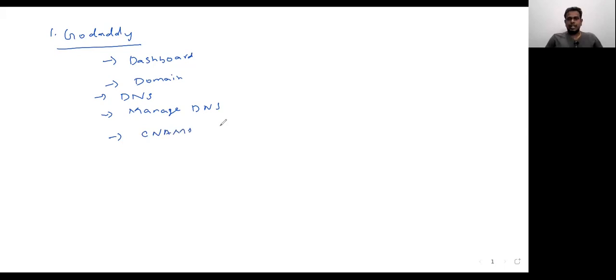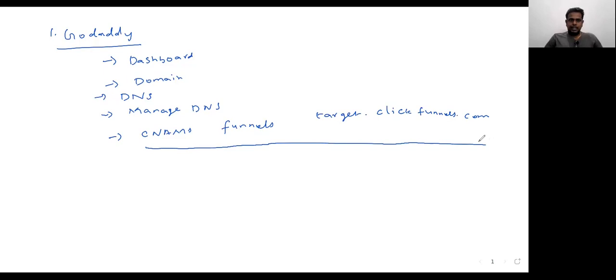Your subdomain is the prefix that comes before your main domain. In my case, I am using funnels.shankarprakash.com. So funnels is going to go into the CNAME record as the name. I'm going to add funnels as my name. The value should be target.clickfunnels.com. So you need to add a CNAME in GoDaddy.